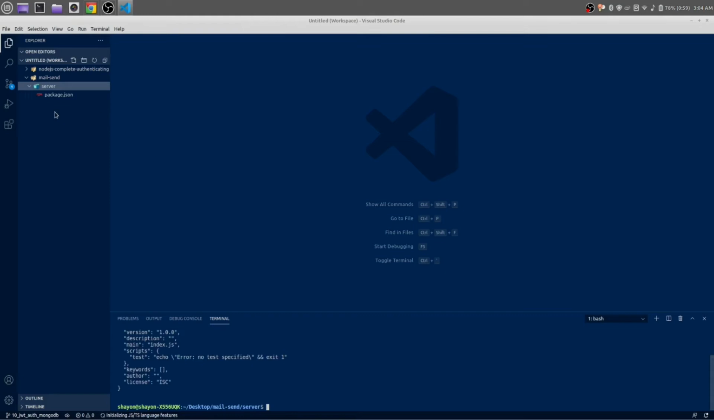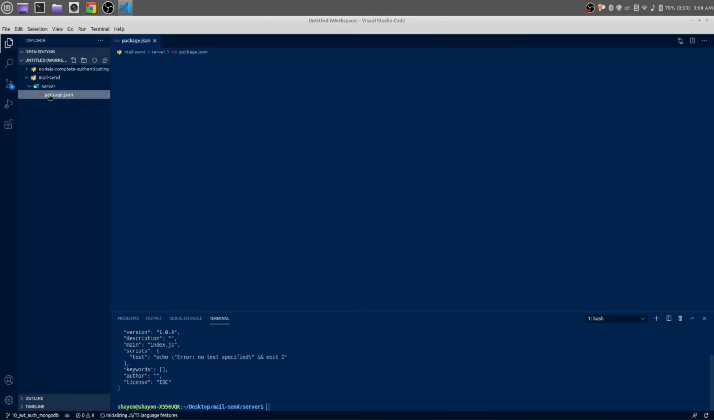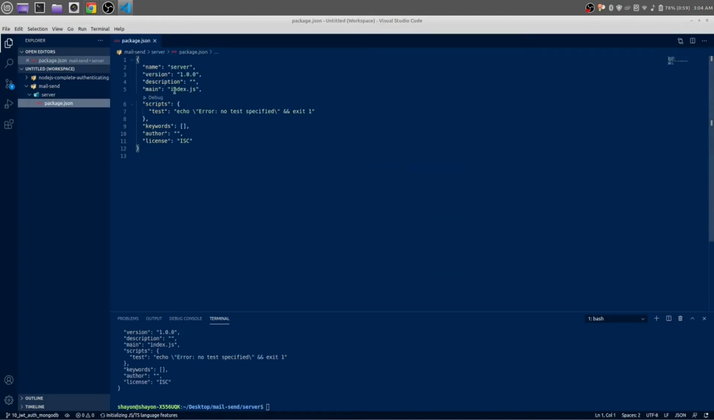Okay, here it made a package.json file for us. This is the main file, index.js. In the place of the name server, I am going to name it mail send. That was the name of our root folder,